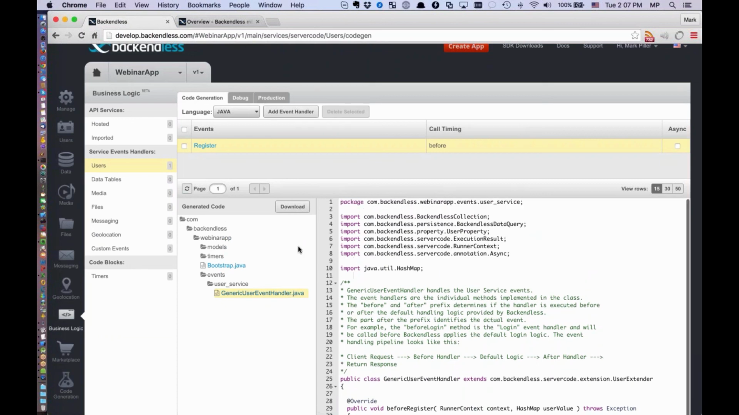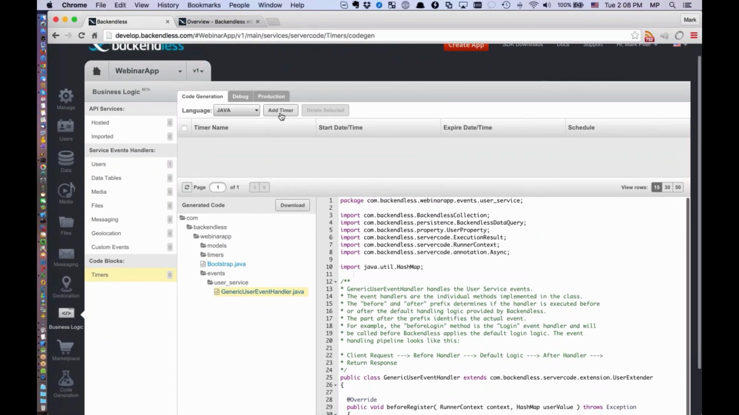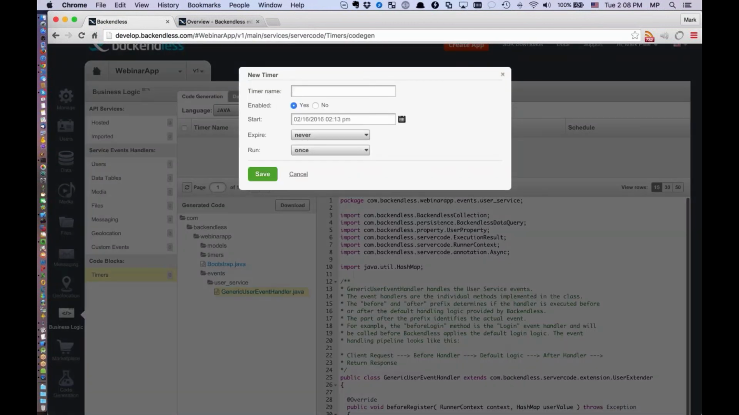That's, once again, can be done in Java or PHP. As far as background jobs, the term that we use is timers. Here you can add your own timer and give it a name and specify when it needs to run, whether,